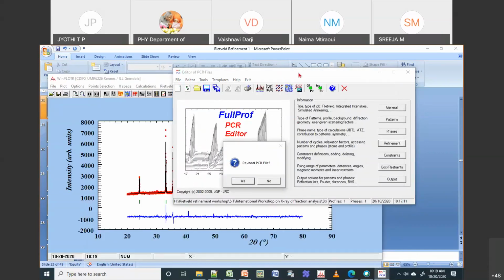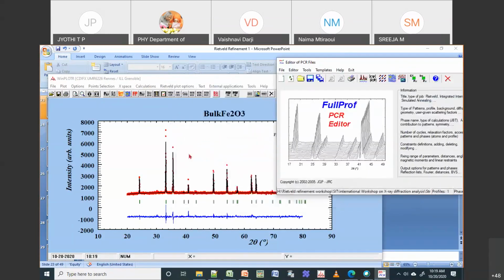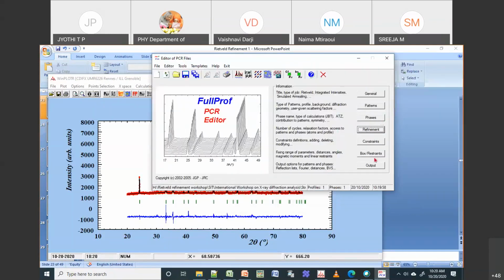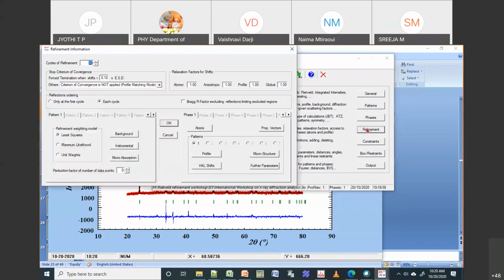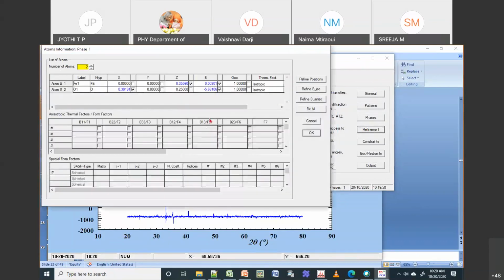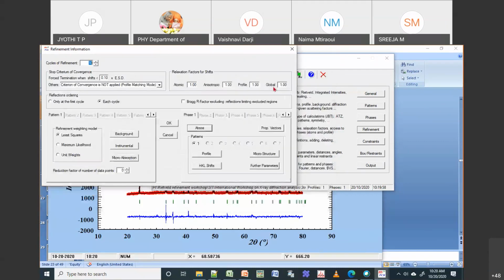Okay. So we have to see what is the value. We'll see those values. But you can see now it has become better compared to previous time. And then what I will do is I will go here and see the values. So you can see oxygen is having very high negative value. So what I would do is I will just try to keep it as 1, something like that. And then I'll fix it, and then I will also try to refine the iron occupancy.